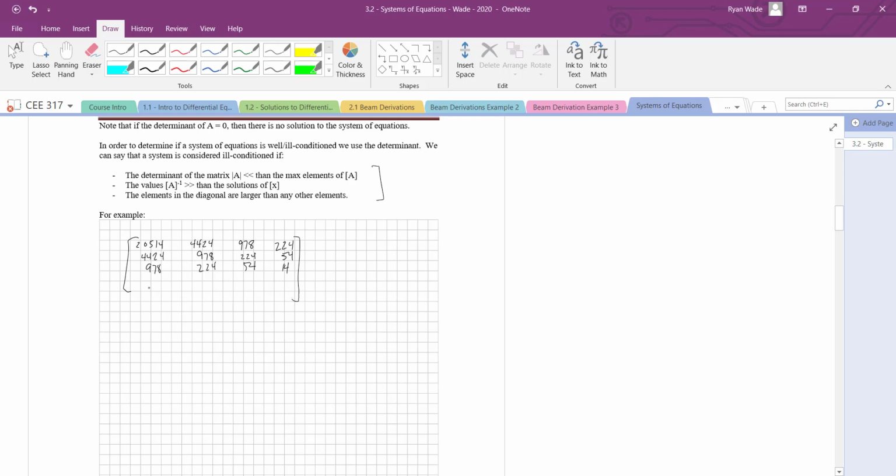Just writing out the original matrix here. These numbers don't mean anything. They're just plucked from an example. I want to show you what it's going to look like here. It's got x1, x2, x3, and x4. And then we've got our solutions, which are going to be